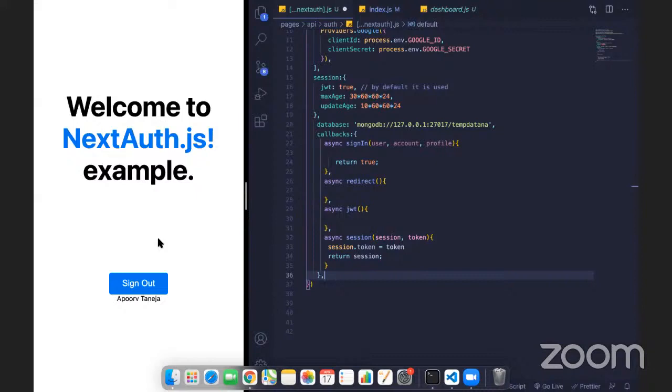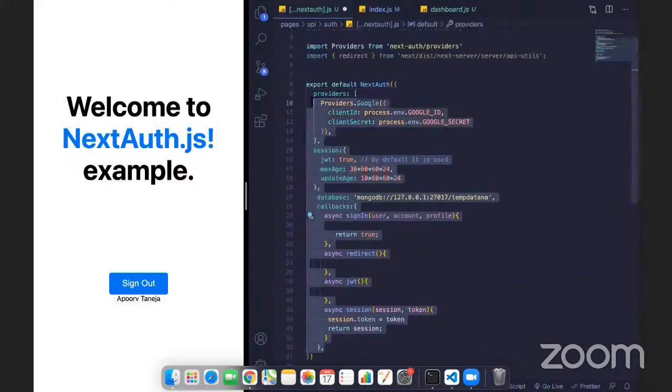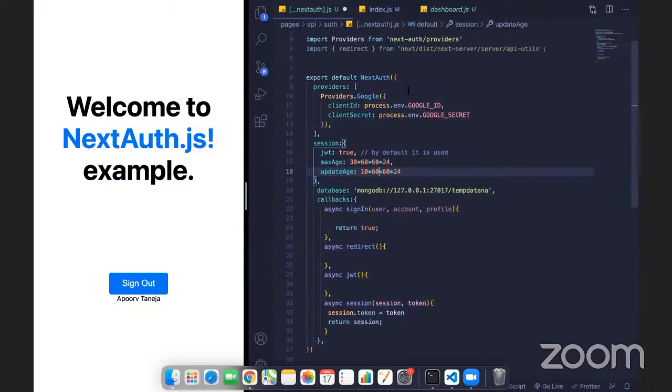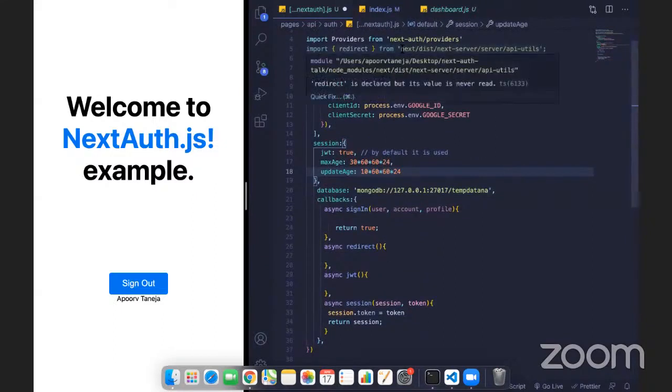And there's one more feature which is auto revalidation. So you can specify in how much duration you want to revalidate your sessions. Suppose this is the same thing which I mentioned there, update age, how often you want to update a particular session and write to the database. So these are the basic configurations which you can use in your NextAuth and integrate a simple OAuth flow in it. And you can use databases as per your need.